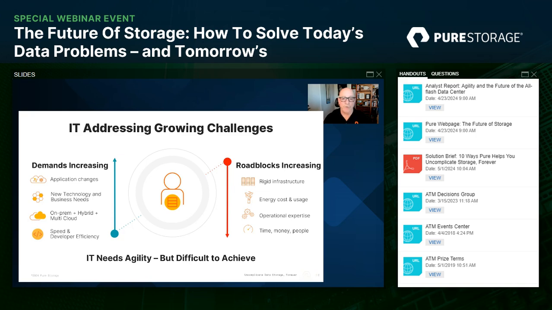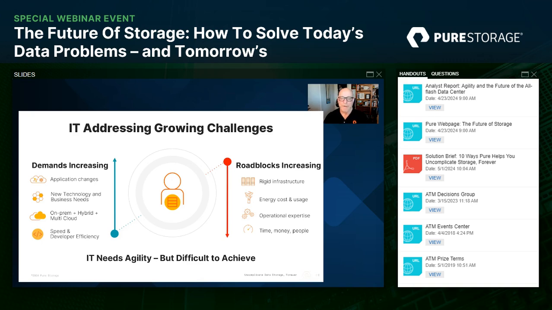We're all having issues with operational expertise. Obviously, IT is leaning into the age of the generalist as opposed to the specialist, but specialized knowledge is still needed, and finding and retaining the right folks and making sure that they know how your systems work and how you want to be running things in IT. Those are real challenges. And then, of course, the perennial ones: time, money, and people. There's never enough of any of them.